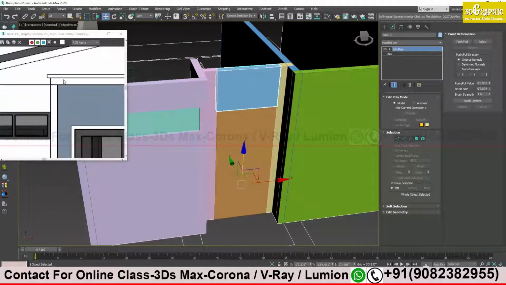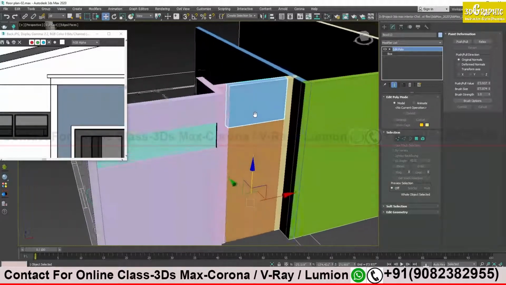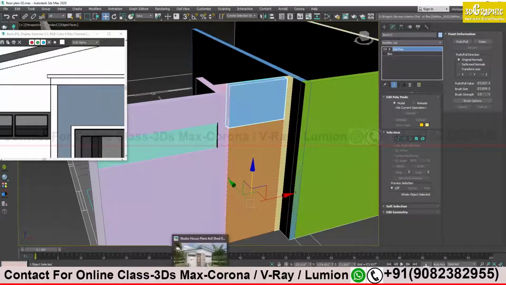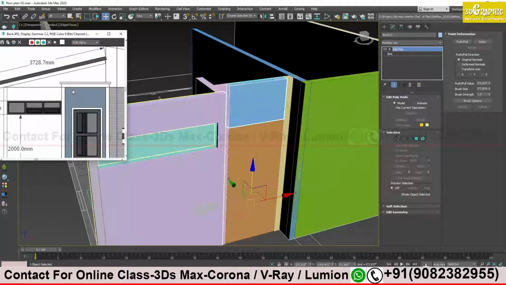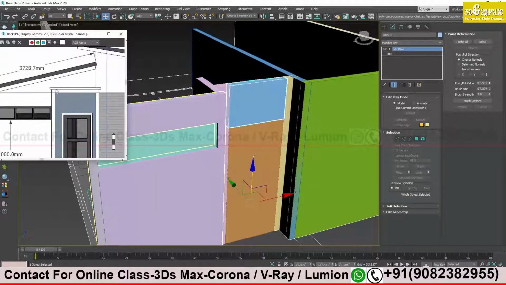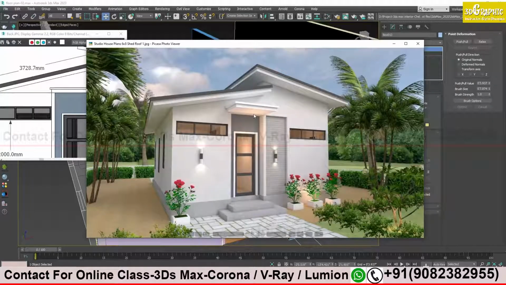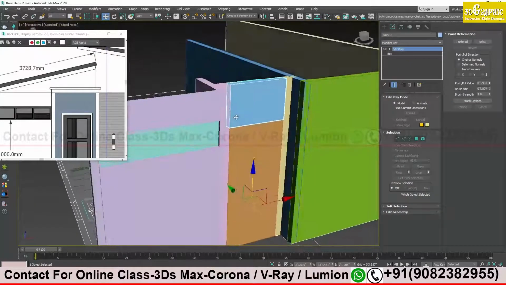Now the top portion over here, again it will be a box. Let me see this image how it is. Actually, this top portion, the front, this one, is extruded outside. So what I will do, I will create a box over here.